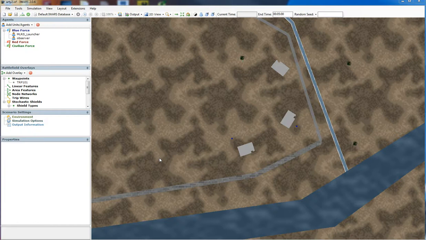Okay, so welcome back to the tutorial. What we're going to do now is show you how to extend the range of the MLRS. So it's not simply a 203, but it's really got extended legs like you would have in an indirect fire system. So if you recall, this is our MLRS launcher, and this is our observer, and here is our target, TRP 101. So I go to the IWARS database up here,